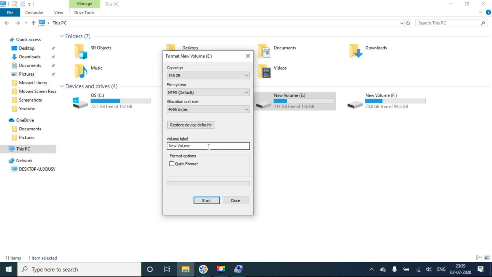If you are still using the laptop and want to erase a particular drive, you can use quick format. This is when you can use quick format and when you can use full format. There is no other difference between them.